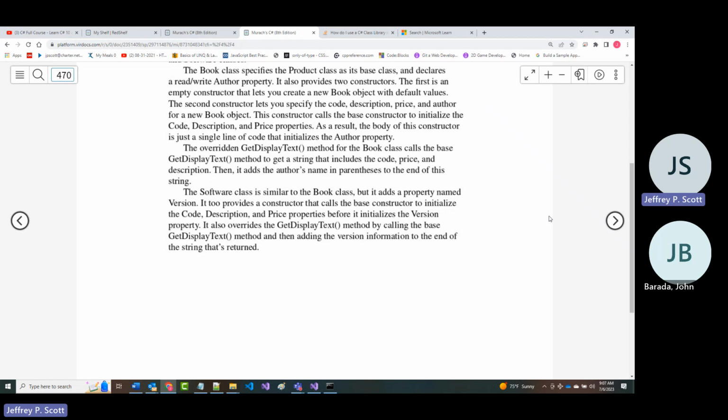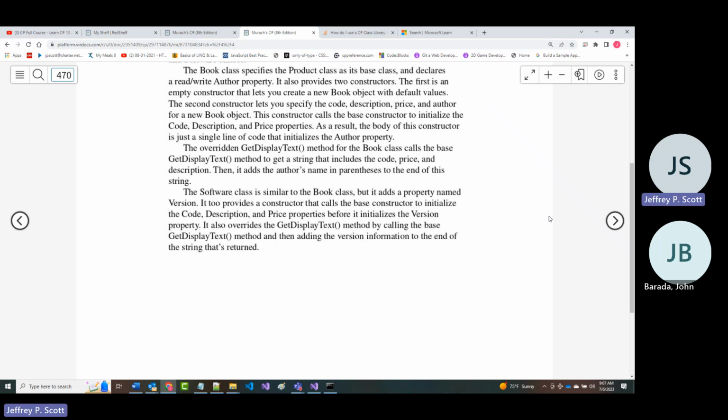It'll take the description and set it to the empty string. It'll take the price and set it to 0 by calling the base constructor or the parent constructor. Then, since it's an empty constructor, it'll also set up an author, which will also be the empty string.